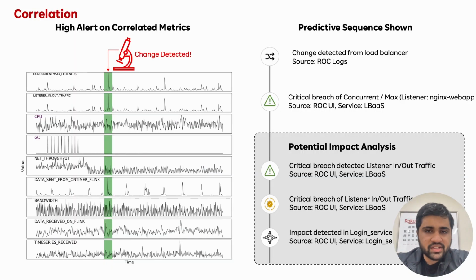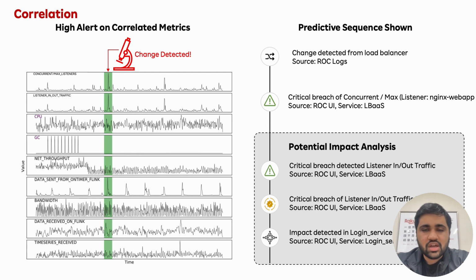So when there is a change detected in, say, any configuration file, for example in the web application firewall example shown earlier in the webinar, Cog AI detects that some change happened by looking at the logs. And when that change does occur, the entire engine is on high alert. It starts forming sequences of whatever happens with metrics and with events, and it stores those in its memory